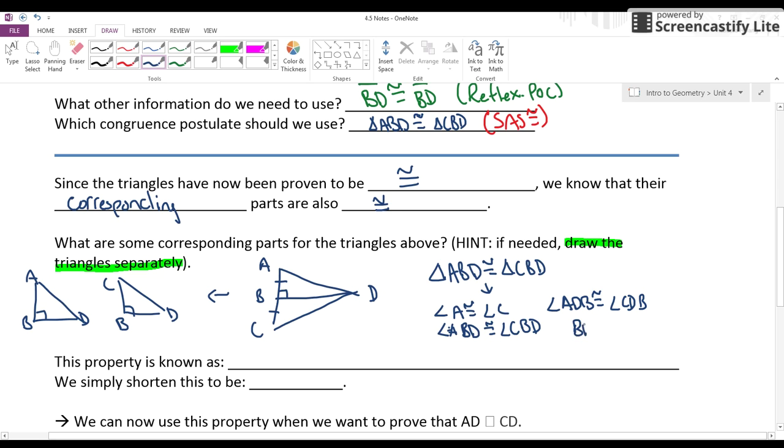So we know BD is congruent to itself, AB is congruent to CB, and AD is congruent to CD, right? And we know that because our triangles are congruent. That's something we talked about way back in section 2. And we're just bringing that back with our triangles. So if I asked you not to prove triangles congruent, but prove their parts are congruent, we can use what